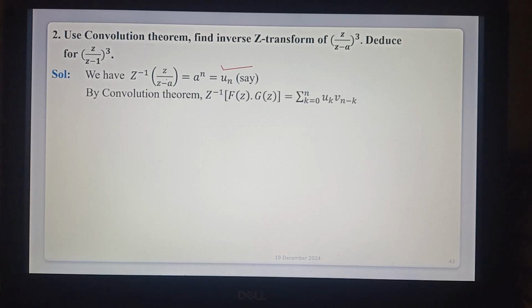Next, the second sequence is the same, so the second function is also the same, z by z minus a. So z by z minus a is the first function and z by z minus a is the second function, and that is also the same sequence. The second one, vn, is also a power n. So by using the convolution theorem, z inverse of f of z into g of z is equal to summation k is equal to 0 to n uk into vn minus k, that is equal to z inverse of z by z minus a into z by z minus a is equal to summation k is equal to 0 to